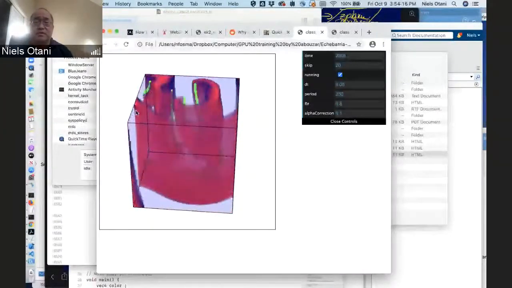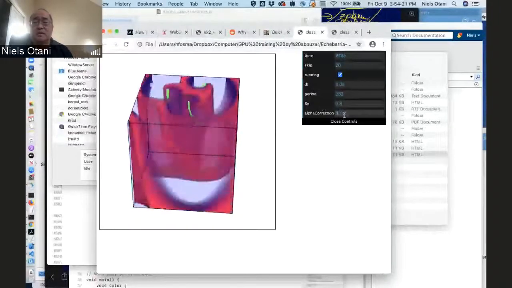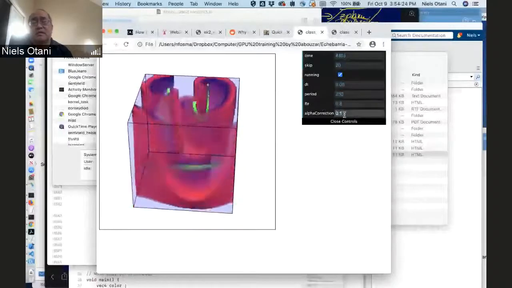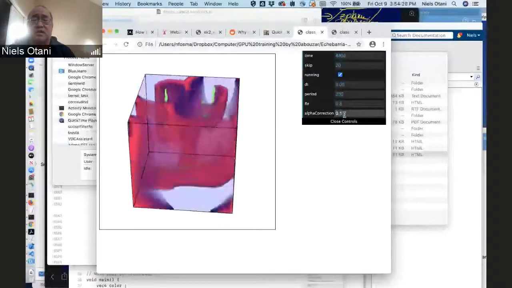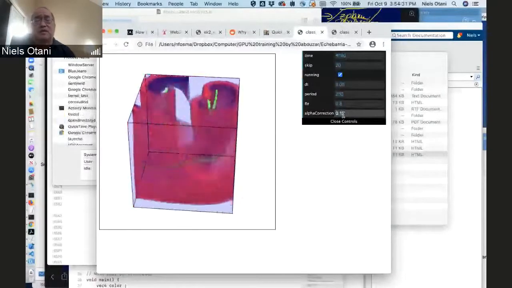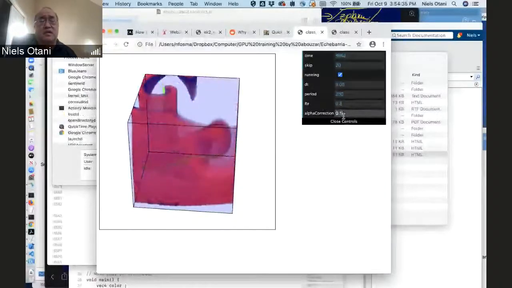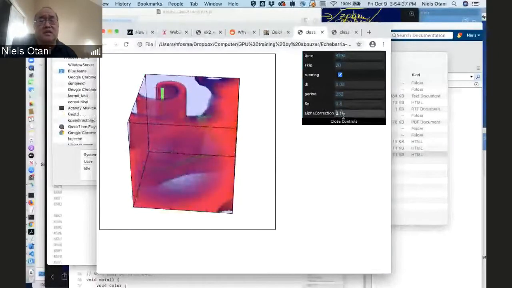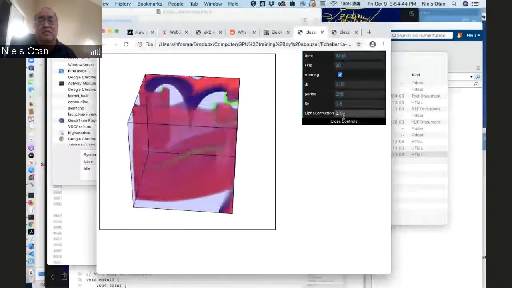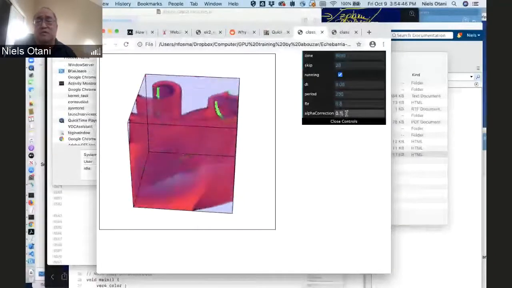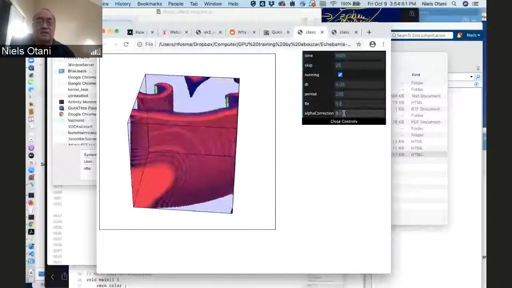One thing I improved on here was I made it so you could change the transparencies of the waves. So this alpha correction here, the alpha basically talks about how opaque each of the pixels, or the voxels, that make up the waves are. When alpha is equal to 0.1, as it is here, each voxel lets 9/10 of the light going through it from behind come out through the front, and it contributes 1/10 of its own color to the light that's going through it. So for example, if I change this to something like 0.5,